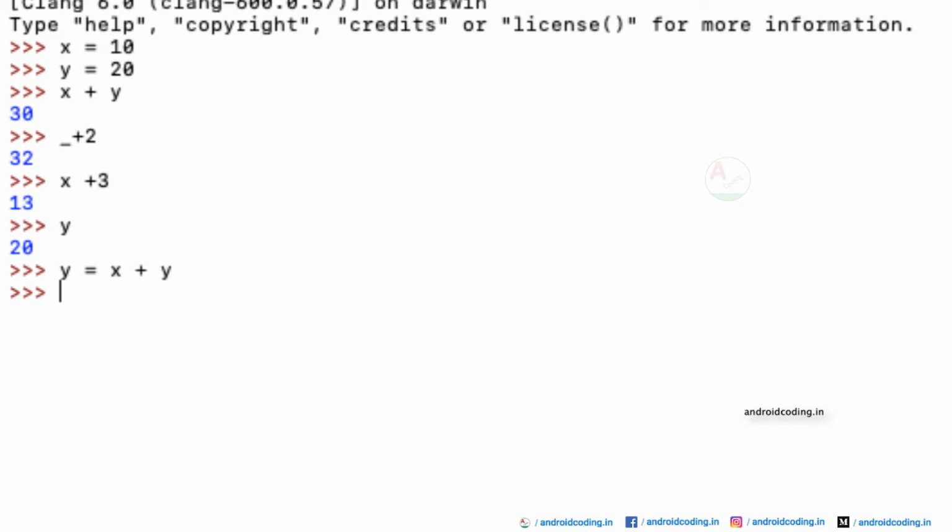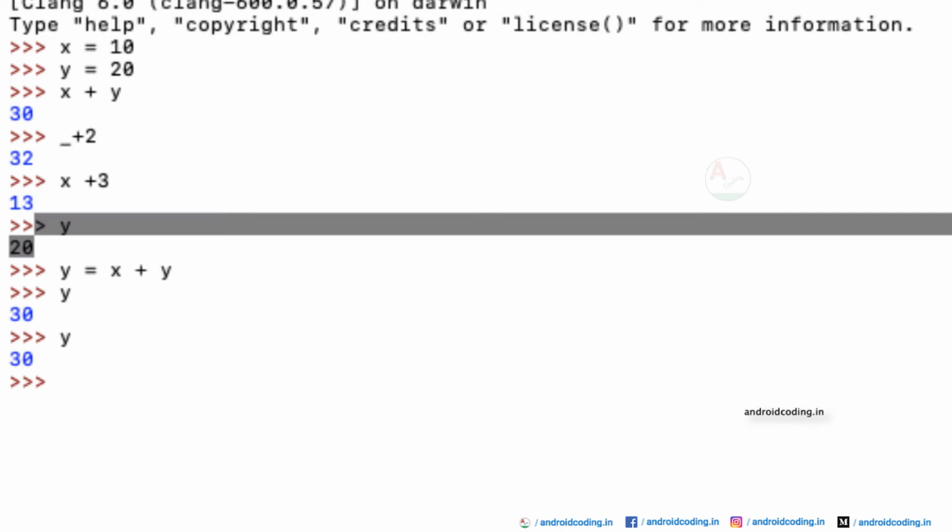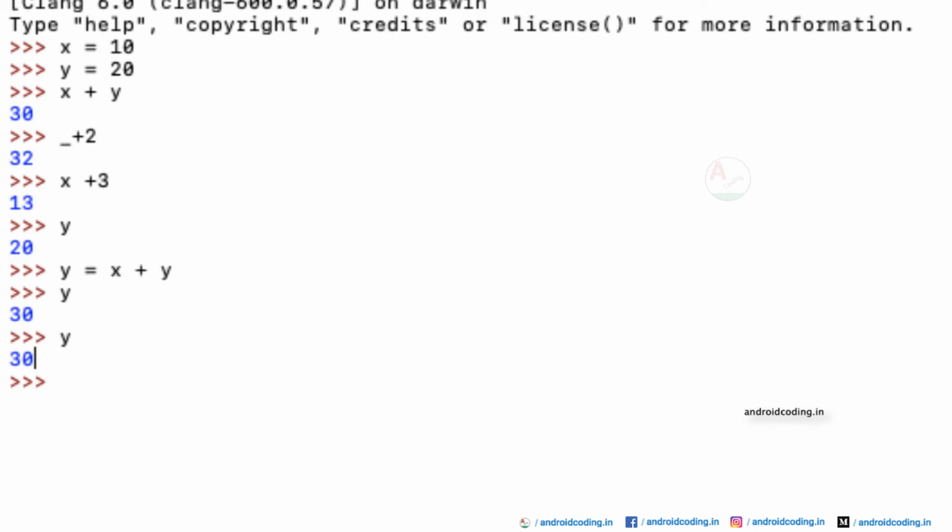When you try to print this y, you will get the value of y to be 30. And from the next time when you try to print the value of y, you will surely get 30 instead of 20. Why? Because the value of 20 has been replaced by the calculation of x plus y. So the value inside our variable y is now successfully replaced with the new value, and it will provide the same new value when you try to use it.